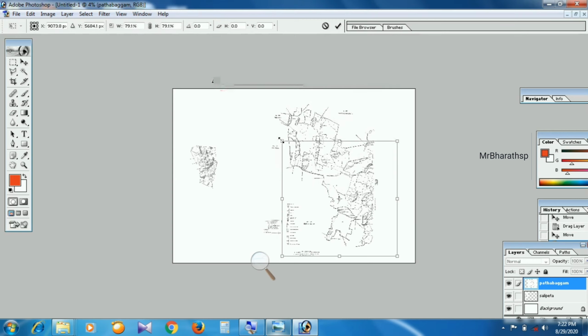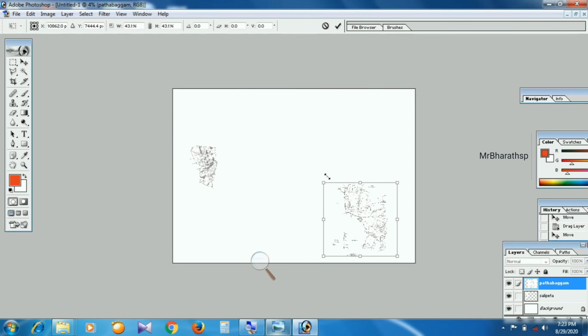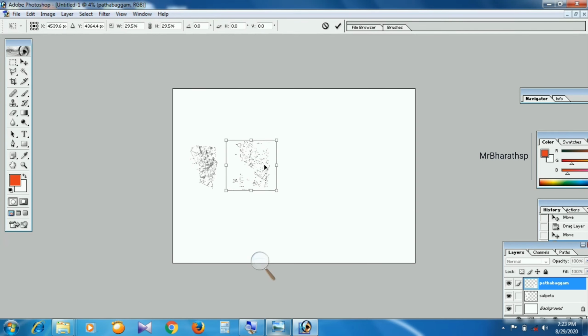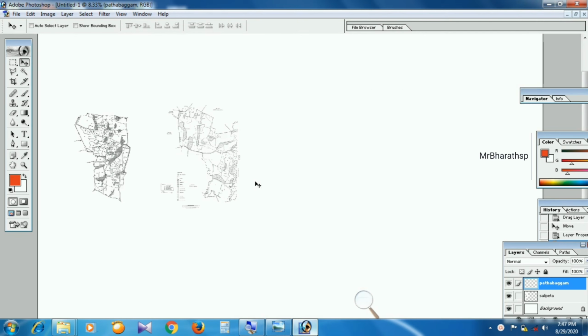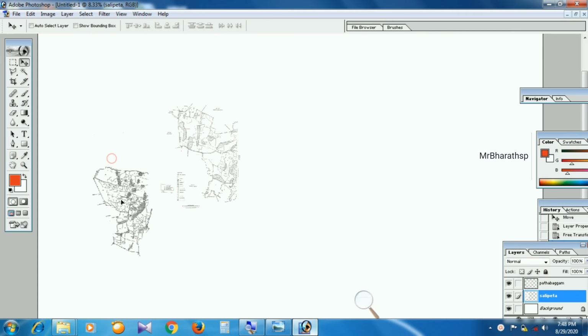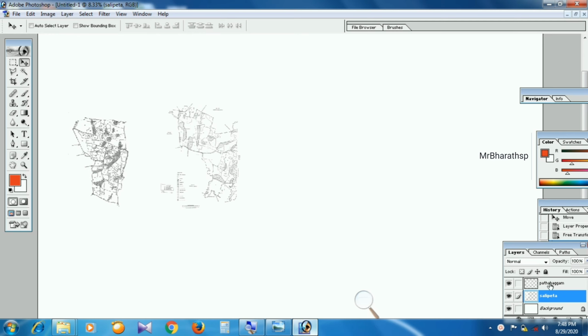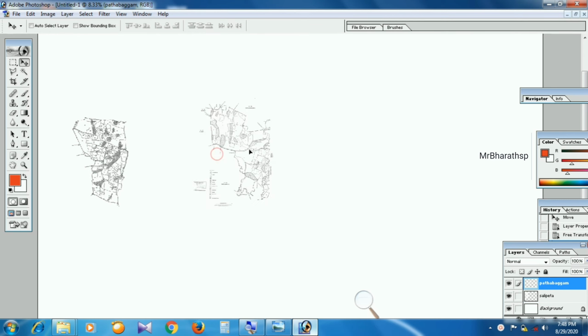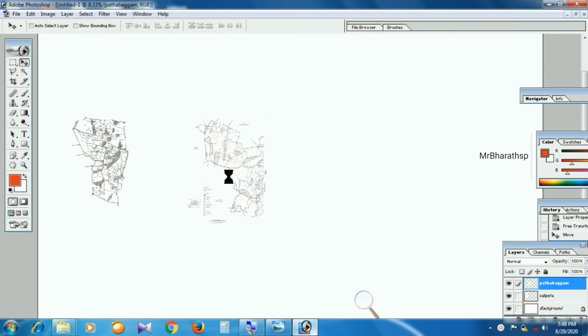Now let us transform the image and change the size to a smaller one. For that we press Ctrl plus T on the keyboard. Now the size has been reduced. Now you can see on the bottom right corner, if we select Salipeta, we are able to move the Salipeta village RVM, and if we select Pathabagam, we are able to move the Pathabagam village RVM.